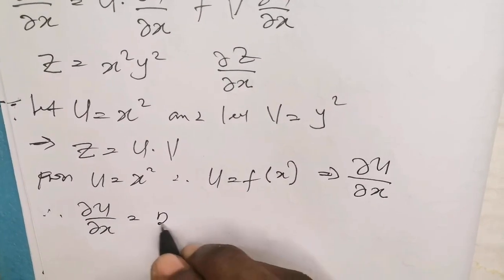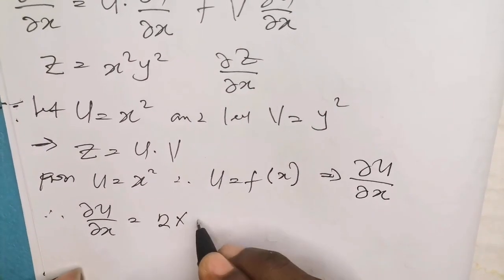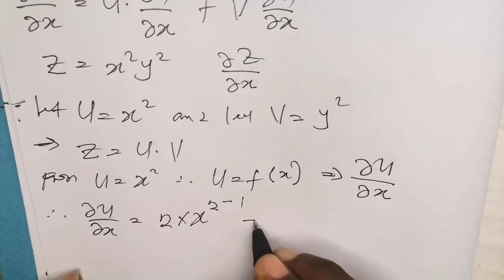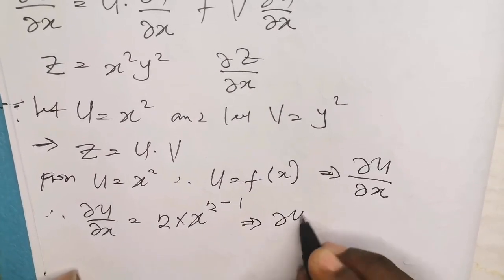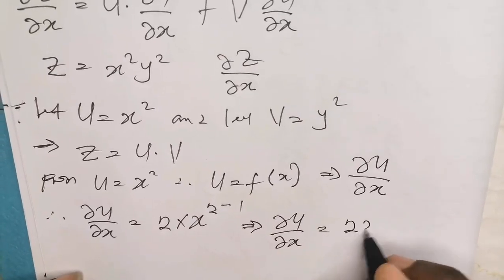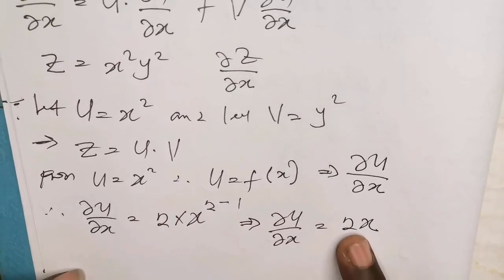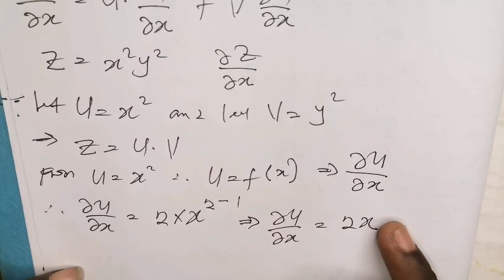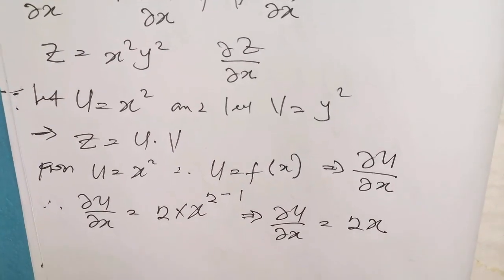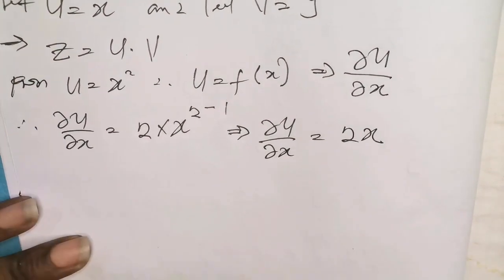And that simply gives us what? 2, which is the power, multiplied by the variable x to the power of 2, then subtract 1 from the power. This simply implies that partial U all over partial x simply gives us what? 2 times x. So the partial derivative of U with respect to x is actually 2x. Now keeping this aside, again